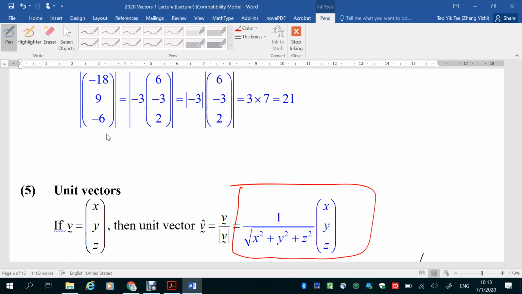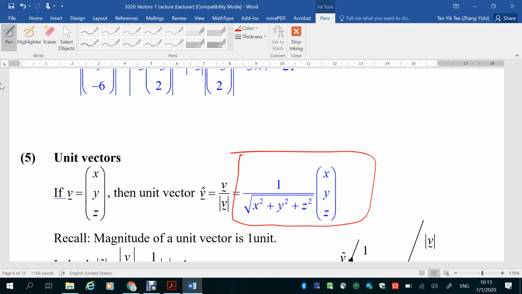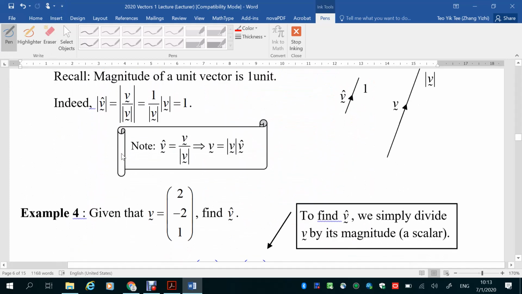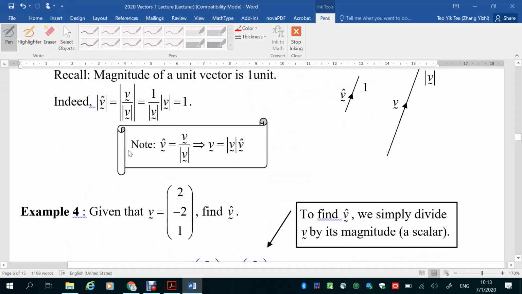Some people like to memorize by formula. Usually I would recommend understanding by logic. Take a vector divided by its magnitude, and that will be your unit vector. All these don't need to be read now. These are different manipulations of your unit vector. Don't pay too much attention to it, it's just for your information. Let's proceed on to